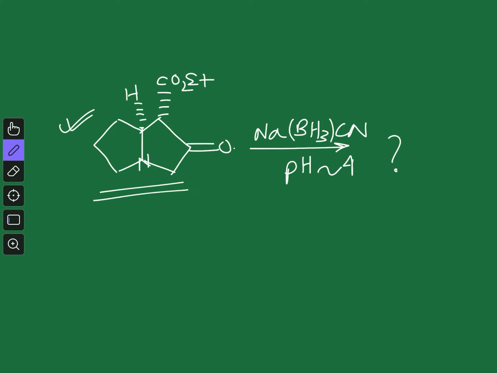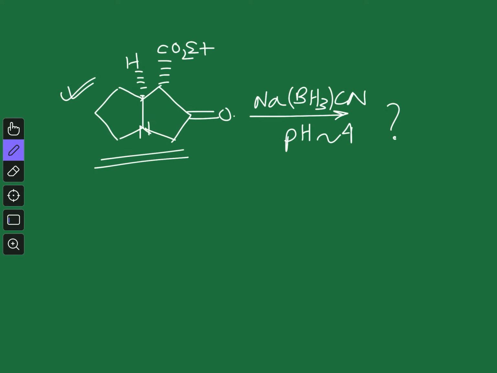Now this is the compound, you can see, and this is the general structure of this kind of compound where you will have two rings fused. That's why they are bicyclic compounds. This sodium cyanoborohydride is a reducing agent, a hydride donating agent, and it will provide hydride to this carbonyl group to reduce it. Now this carbonyl group has two faces, one is the top face, another one is the bottom face, and the two faces are diastereotopic, that is they are not equivalent.